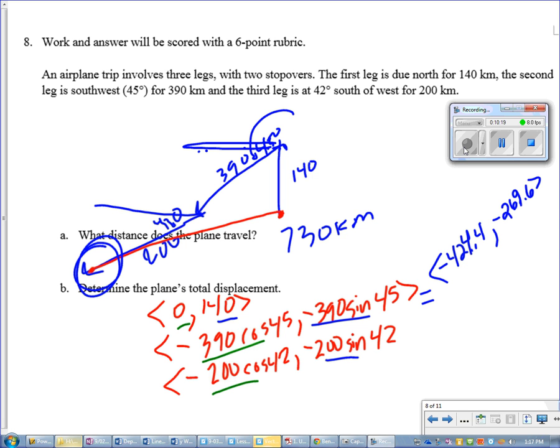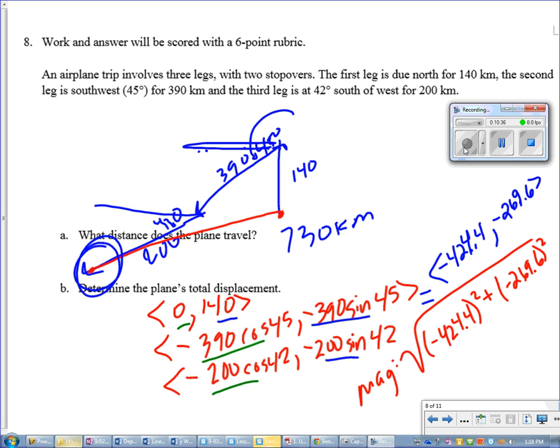Now we want to find that magnitude, the distance of that red line, that red vector. So that's going to come from doing our Pythagorean theorem. So the magnitude is going to be the square root of the x-coordinate squared plus the y-coordinate squared. So we're going to go to our calculator. And we're getting that the magnitude here is 502.79 kilometers. So you have that in your